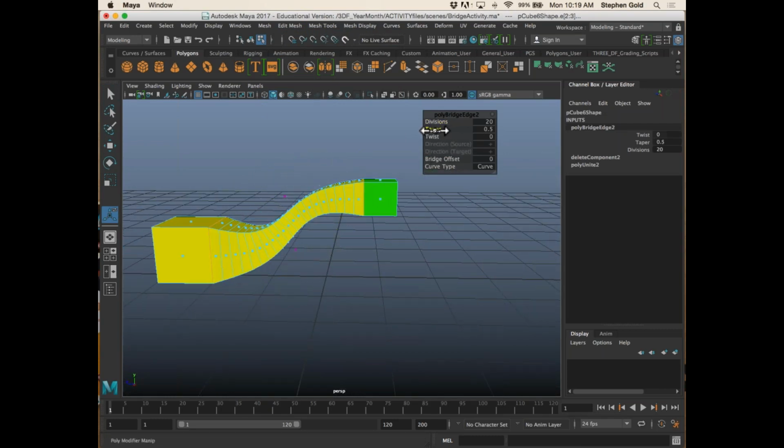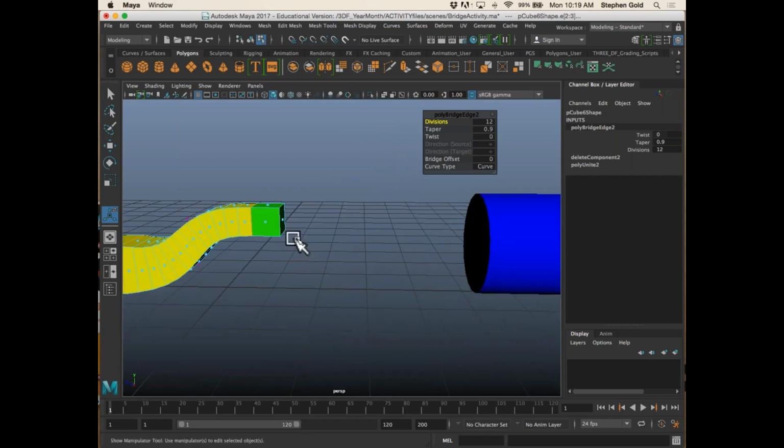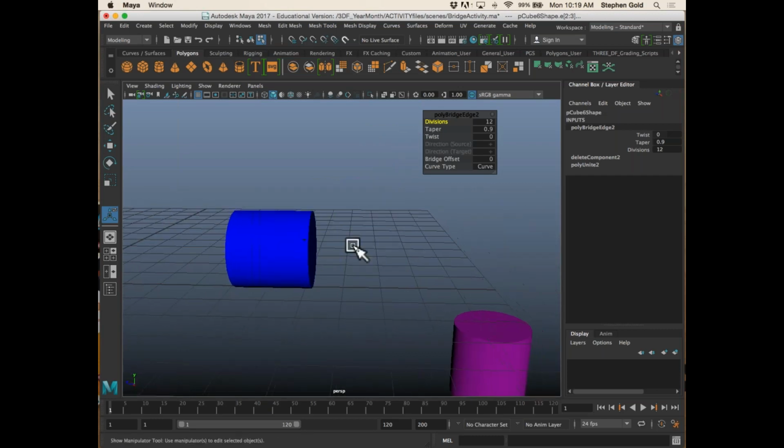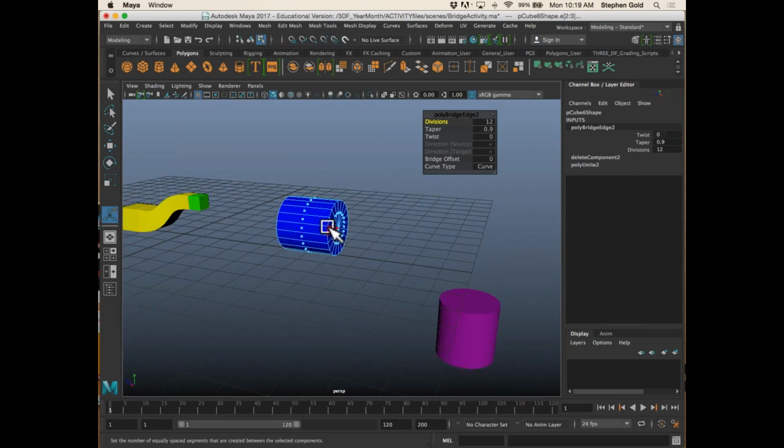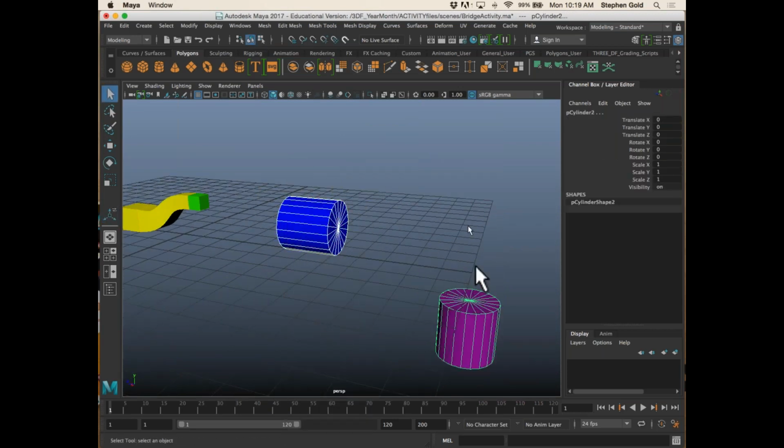And again, that taper function is pretty cool. Divisions allows you to increase or decrease the number of edges in between in terms of your connection. So depending on how smooth it needs to be, that's pretty fun. But by far, I think one of my favorite things that this crazy tool does,